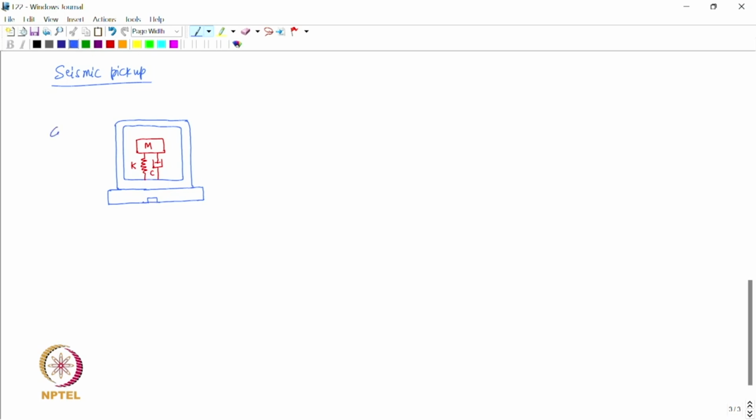This is the casing of the seismic pickup, right, and this is the seismic mass, right. So, this is nothing but essentially a single degree of freedom spring mass dashpot system inside a casing, and